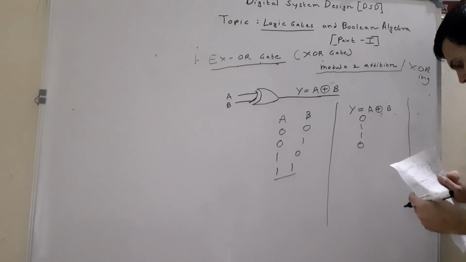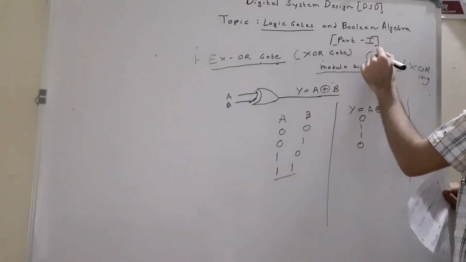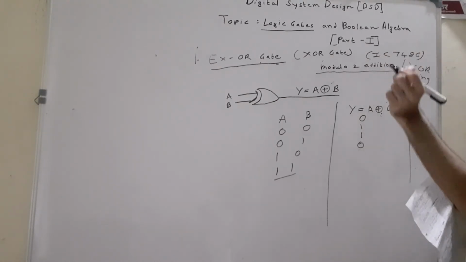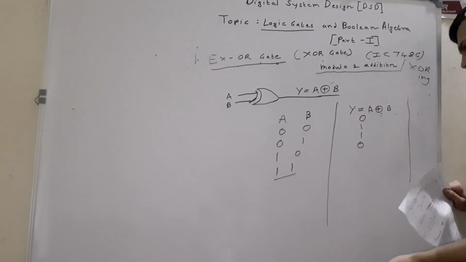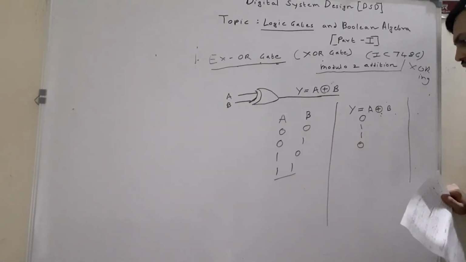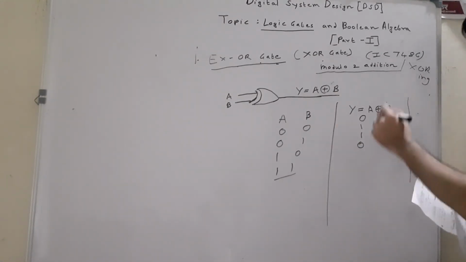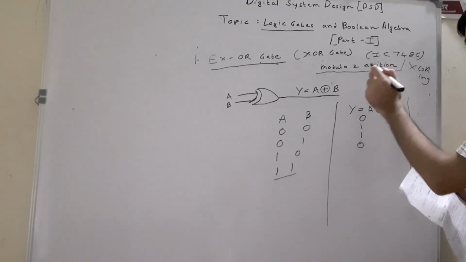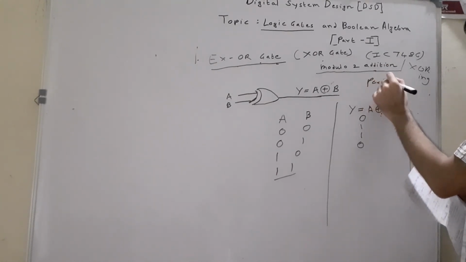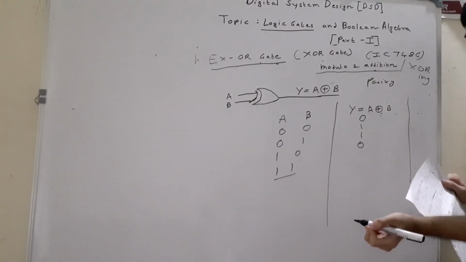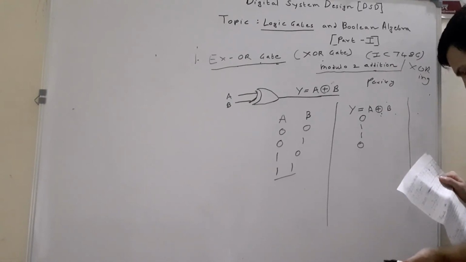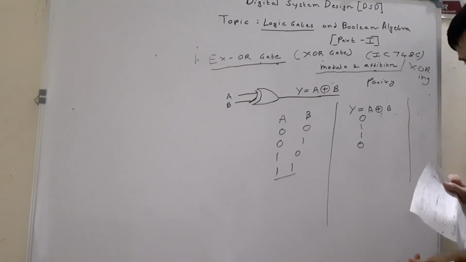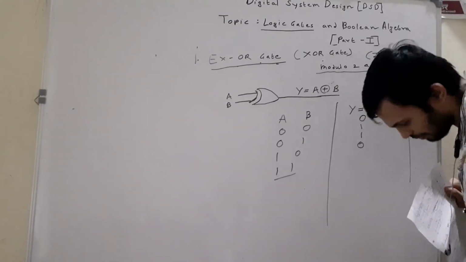And what is the IC number of your XOR gate? IC number is IC 7486. And this XOR gate is used in wide variety of applications. Firstly, it is used for modulo 2 addition, as I explained earlier. Second, it is used in parity generation. There are certain applications in which we generate parity bits, or it is an even parity checker also, and it is used as a magnitude comparator also. So these are few of its applications.